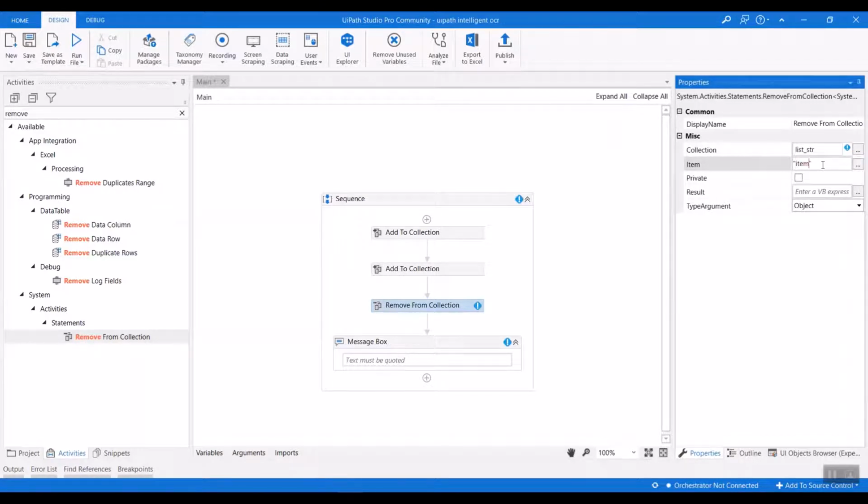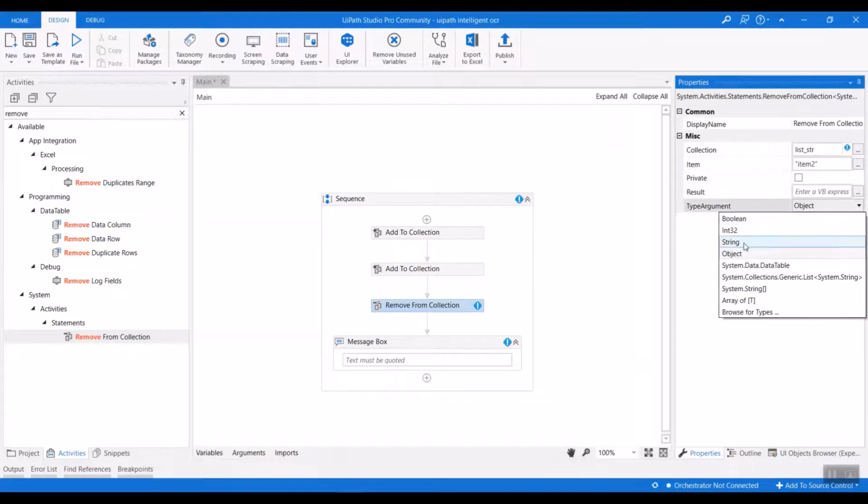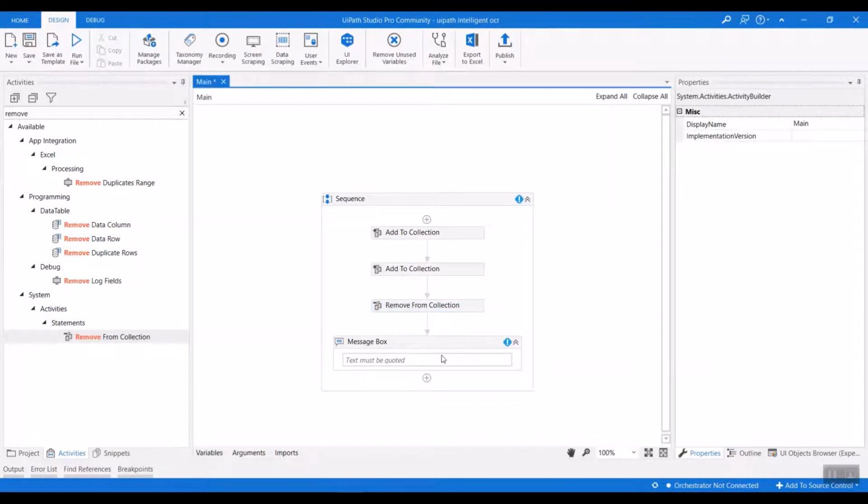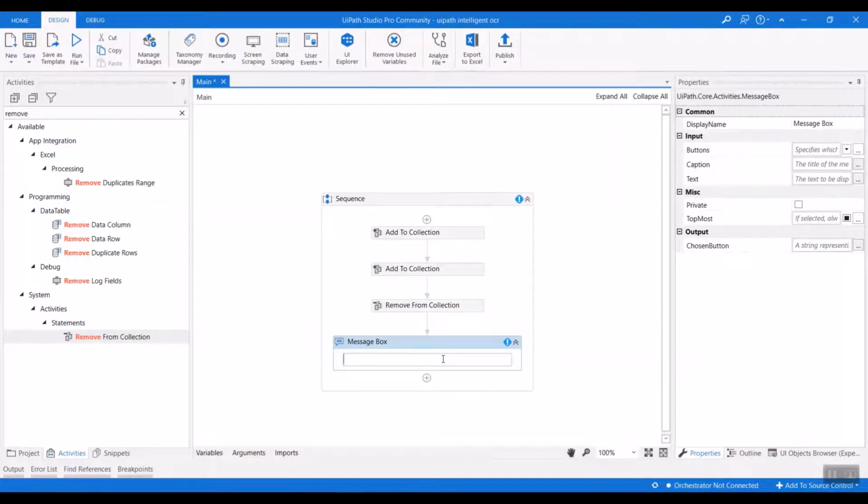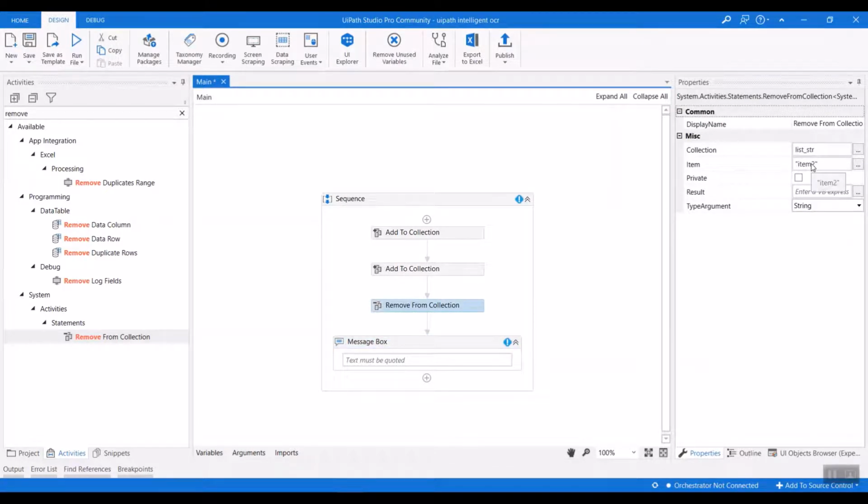So enter the item, like item 2, and the type argument is string. Done. So now we have added two elements and removed item 2, so there should be only item 1.